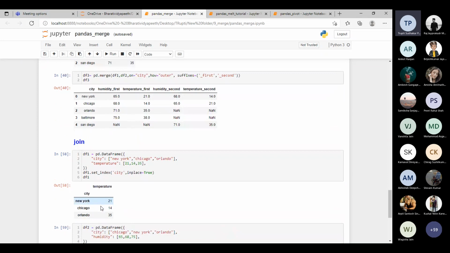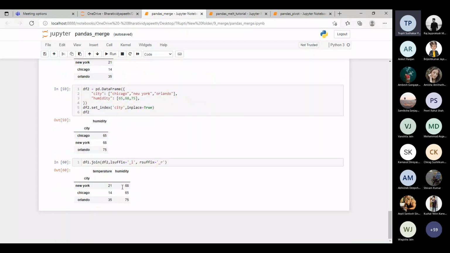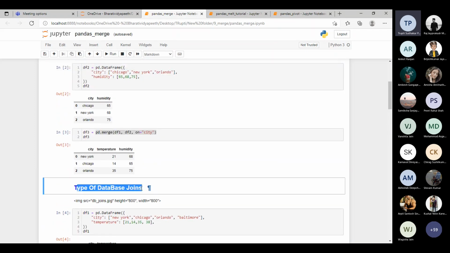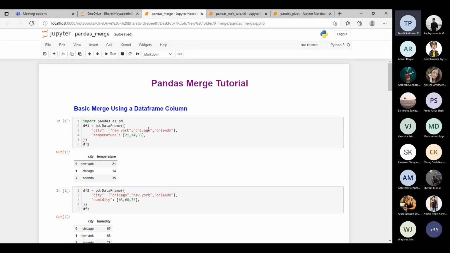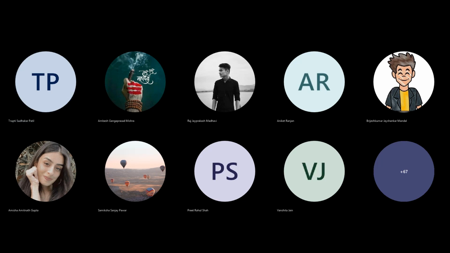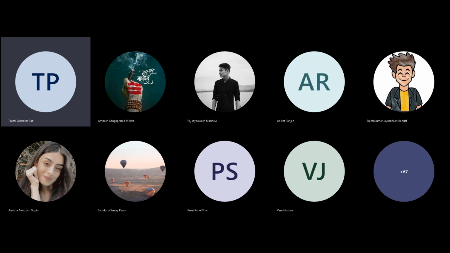These are the indicator and flags. And this way we have inner join, outer join, merge, as well as these types of database join. This way we can merge two data frames: inner join, outer join, left and right join. So this way we can see the functions of data pre-processing, reshaping and pivoting. Until this, any problem? Anything you have not understood?